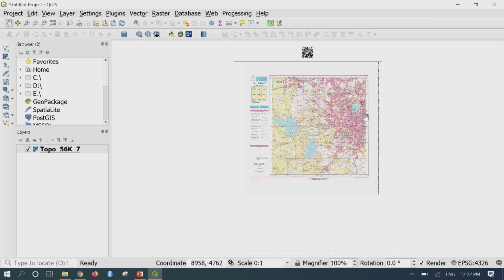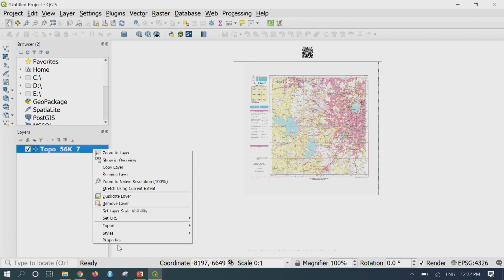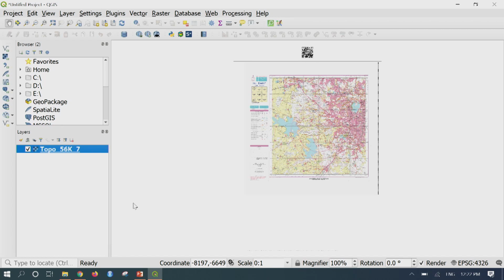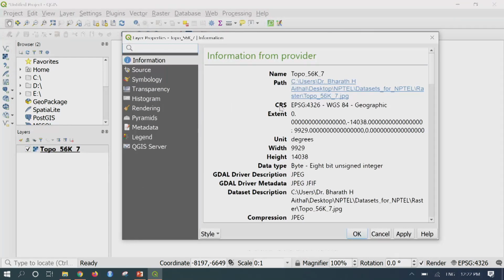You can also check the metadata of this particular image. Right click, go to properties. In the information tab, you can see the name, that is topo56K7, and the path, which gives the local directory path to this file.